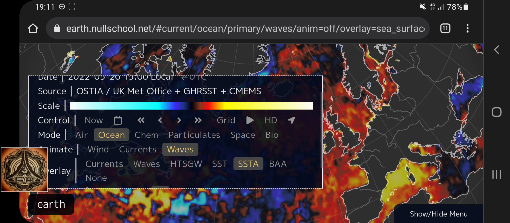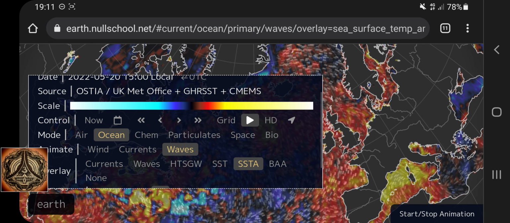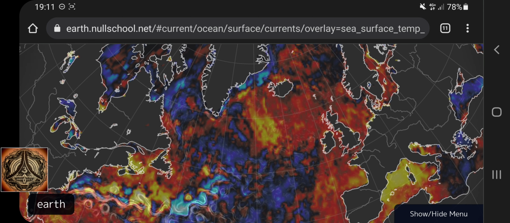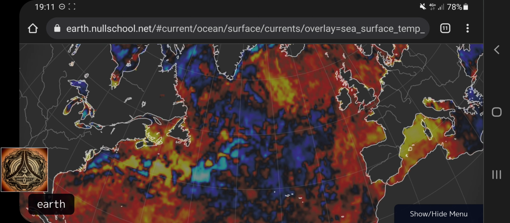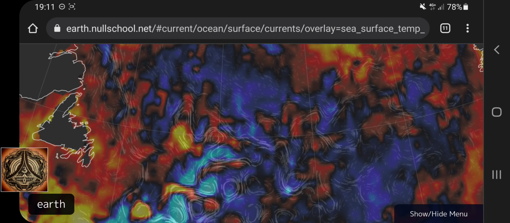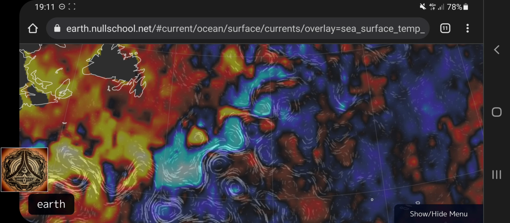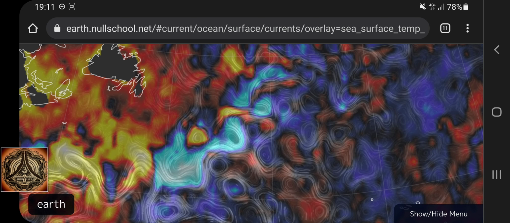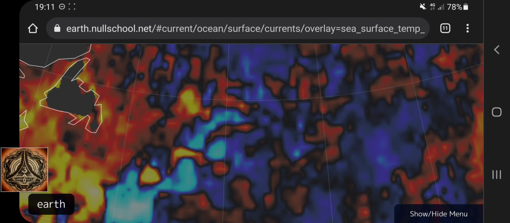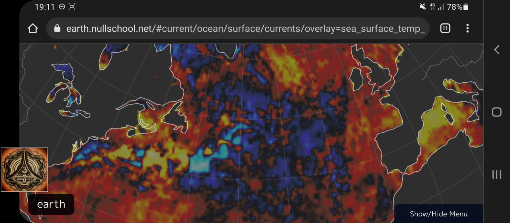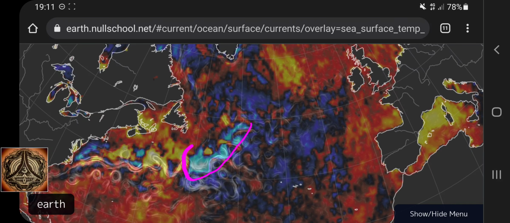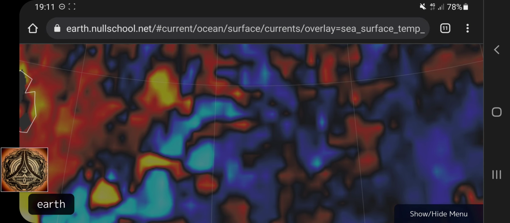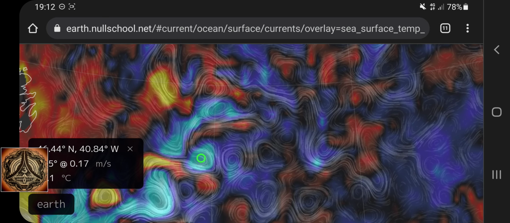And maybe you have to turn the grid on in order to see the flow directions, but now we want the currents. Now we can see some direction of from where to where the water is flowing, even though it might be not that clear. But I think this is really, really interesting. Why is it so much too cold? What is going on?